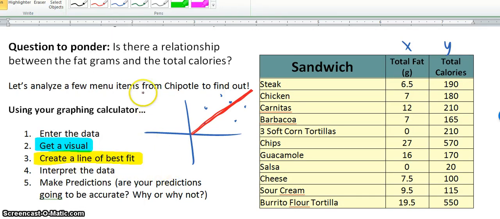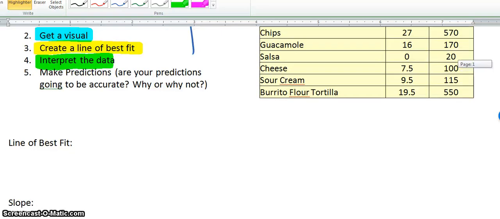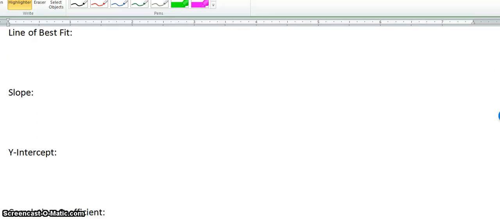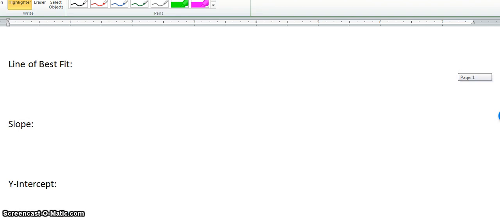So now that we got that information, we would go ahead and interpret the data to make decisions and predictions, which I love this topic. It's one of my favorites because it's extremely useful to be able to take a set of information and come up with a relationship between it, and that relationship can help you say, okay, if I had 30 fat grams, how many calories would I have? We could make a prediction by analyzing the trends. We are not going to do any analyzing in this video because that's what I want to work on in class. But I do want to just kind of talk about briefly what you see in your graphing calculator one